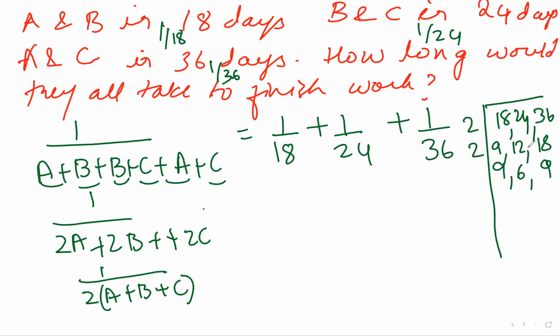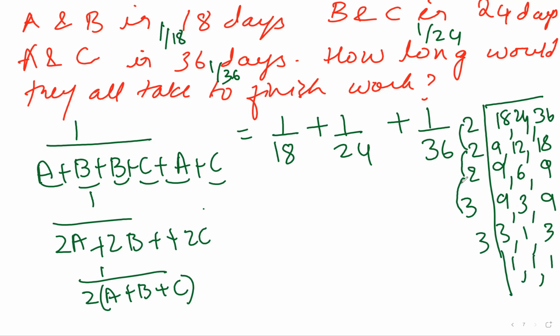If you all are confused in HCF LCM, go through that video. I will not explain that over here. You should be knowing by now. But if you are confused, go through that HCF LCM video on my channel. 2 2s are 4, 2 4s are 8, 3 8s are 24, 24 3s are 72. Correct? So 72 is my LCM.